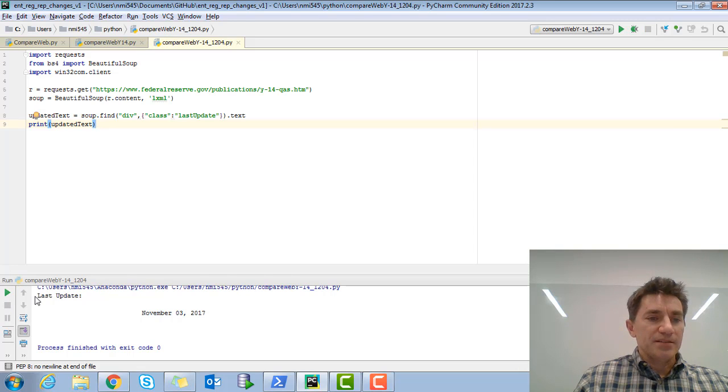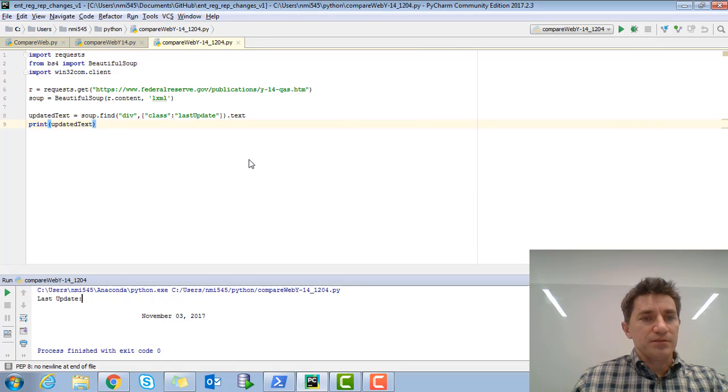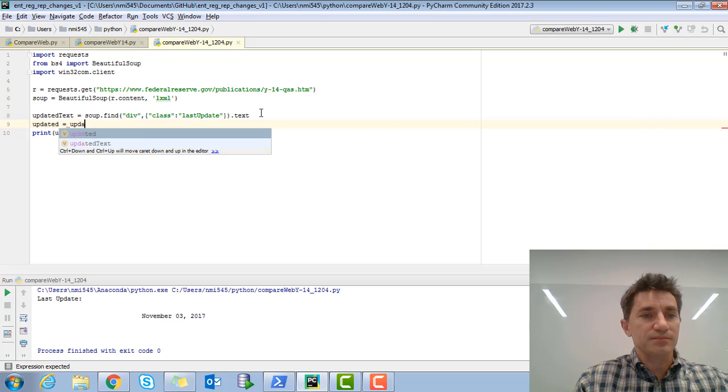Alright, so what it has is last update, and then it's got a line break. I know that because I can see it here. This \n is a line break. It's got some spaces and a line break, some spaces, and then the date, another line break. So what I'm going to do is use a replace function. Kind of like if you're familiar with the replace function in Excel, you say replace whatever text you're trying to find and then the text you want to replace it with. So I'm going to assign a new variable called updated and set it equal to updated text